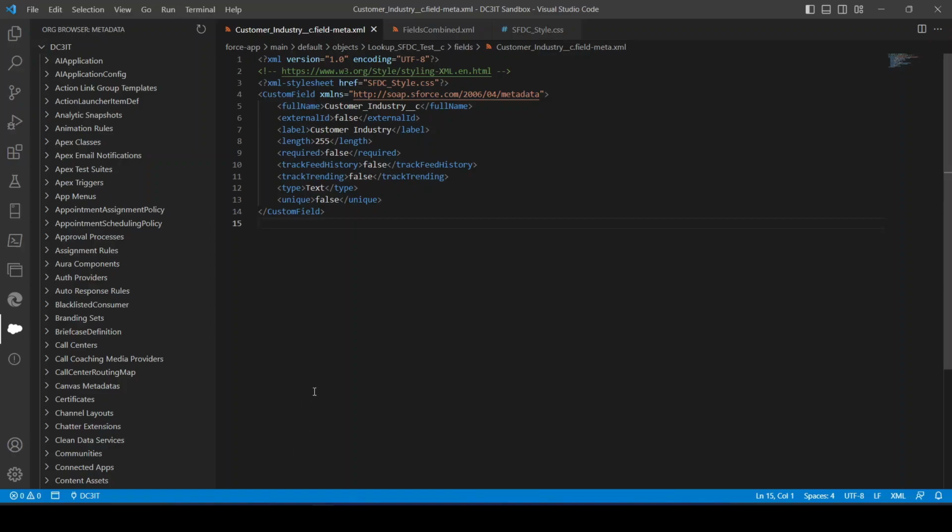In this video, I'd like to continue to talk about VS Code and Salesforce. There are many trailheads on how to get it installed. There are many trailheads on how to use it. This video is a little more of a tips and tricks in terms of working with Salesforce, VS Code, XML, and